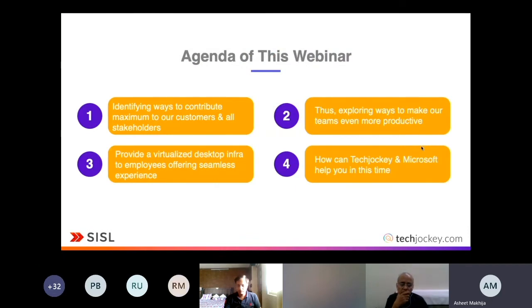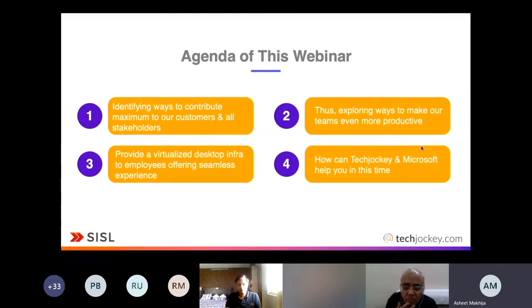As far as this agenda is concerned, we will identify some ways in which we can further help our teams to be more productive. The specific tool that we will discuss here is Windows Virtual Desktop, and how that tool can help teams be more productive, provide a virtualized desktop infrastructure to the teams and ensure that it happens in a seamless way for them, with no drop in the experience that they have on their standard infrastructure.